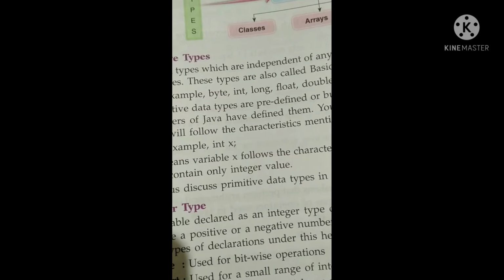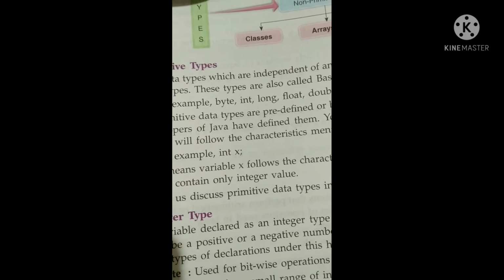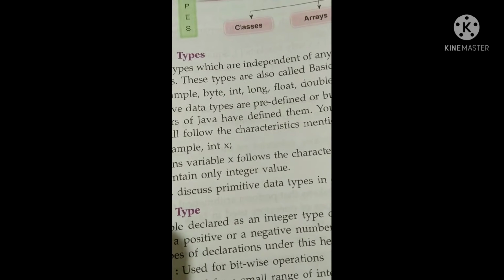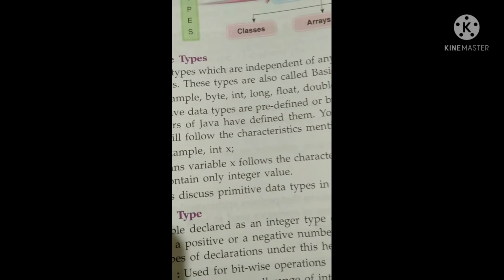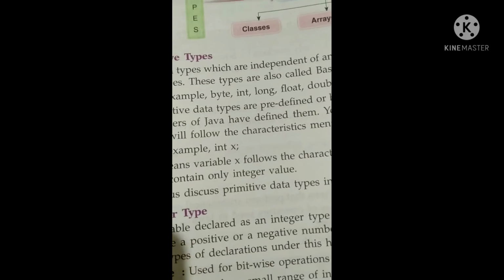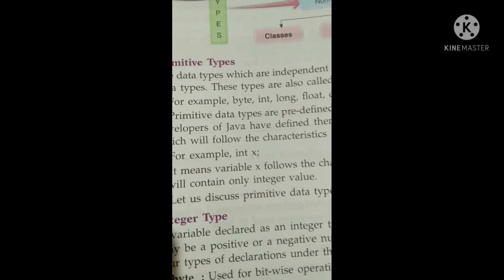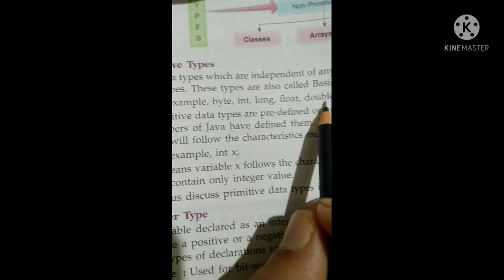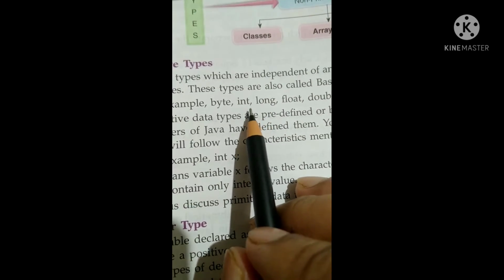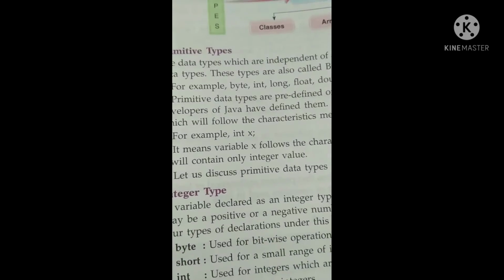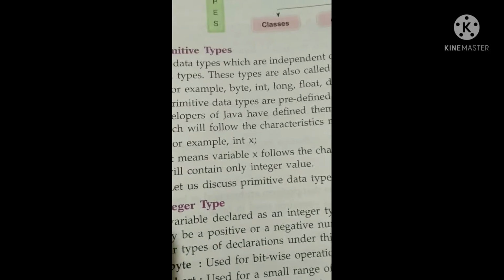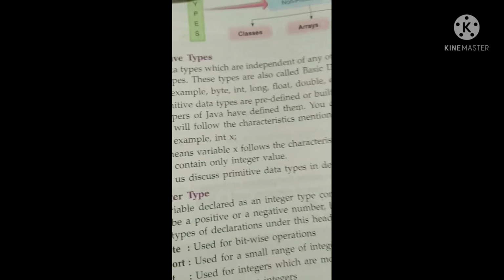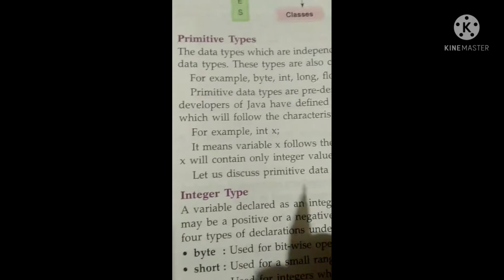Who developed Java? James Gosling or his colleagues, they might have written it, or more developers have included these things. So programmers are not loading these things. This is already defined, its meaning is already defined in the compiler, as I have told you already. This is primitive data types, and after that we create non-primitive data types ourselves, user defined data types, which we will study a little later.